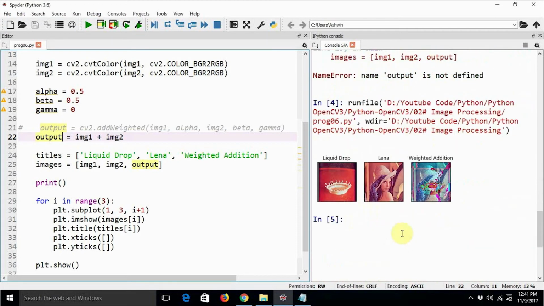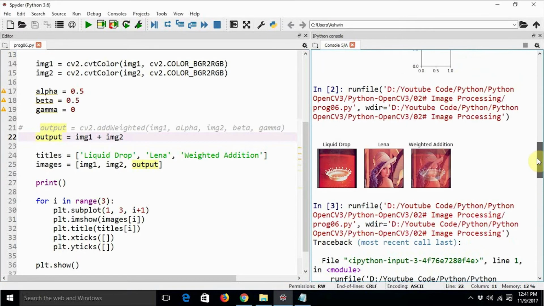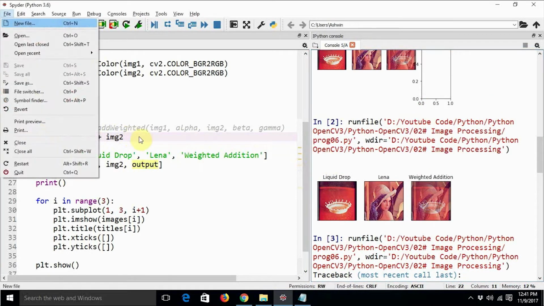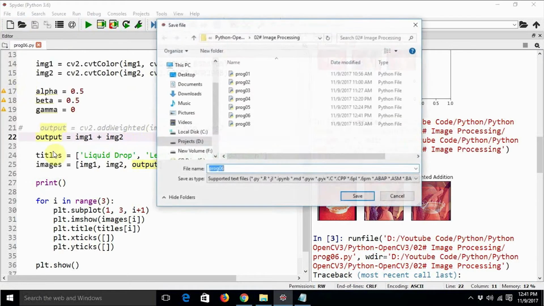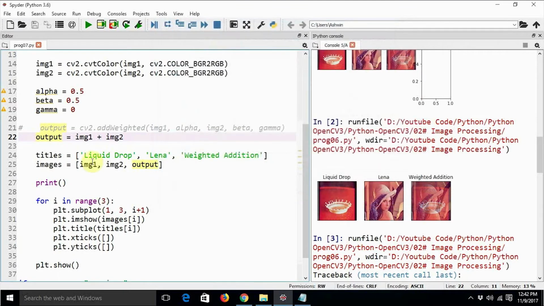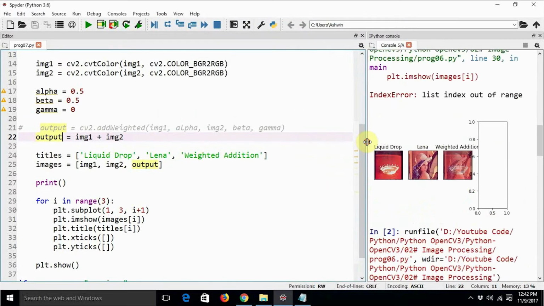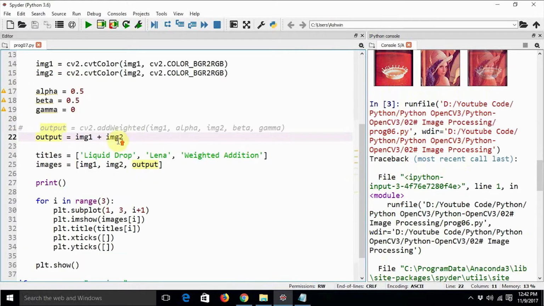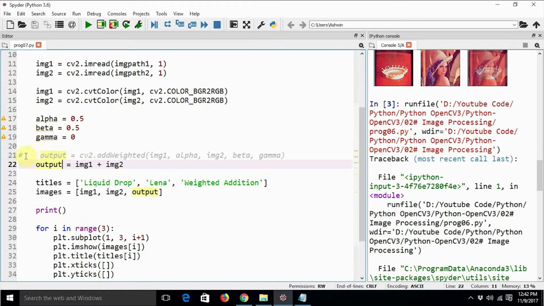I have actually added 2 images here, but the images are not blended, they are just added. So here we can achieve the blending effect, correct? We can use this in an advanced manner. Let's see how to use this to achieve a cinematic style blending effect. Now here we are just adding 2 images, and let me uncomment this, we are keeping alpha and beta equal to 0.5 and 0.5.